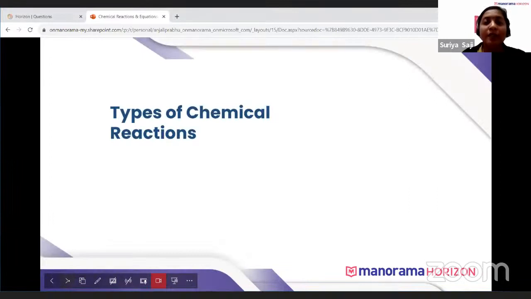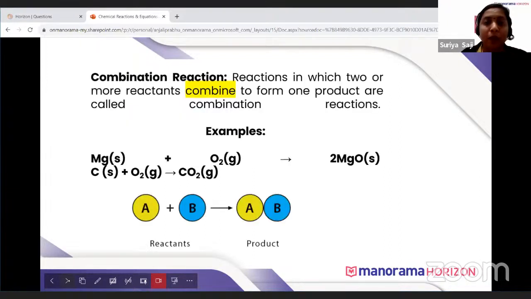So now we'll see there are different kinds of chemical reactions. First one is the combination reaction. If two or more reactants react together to form different types of products,